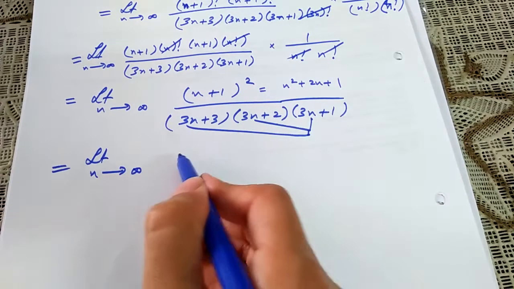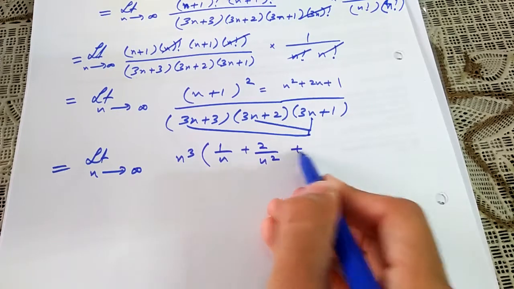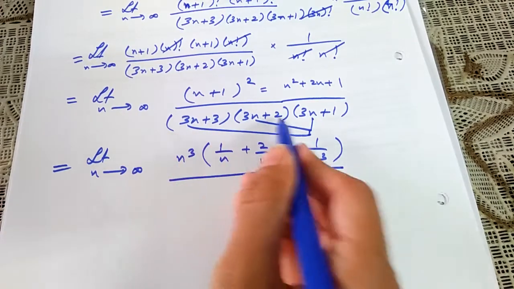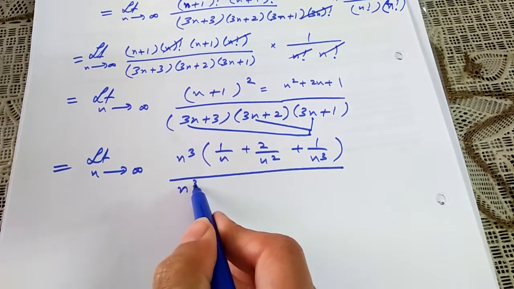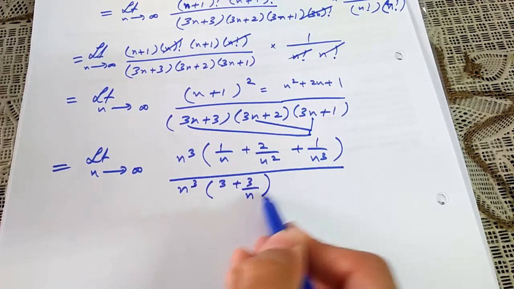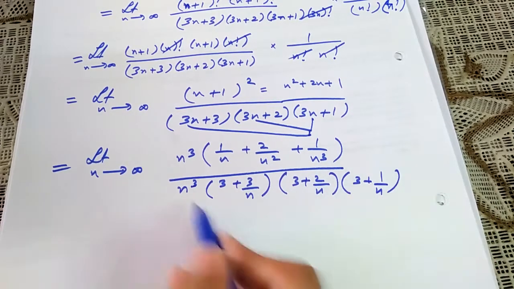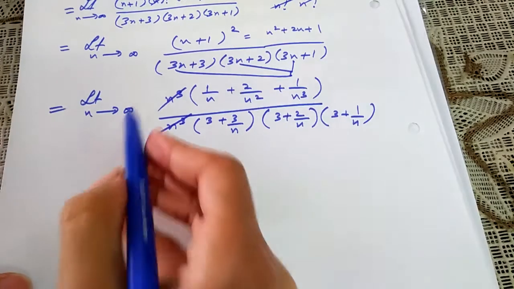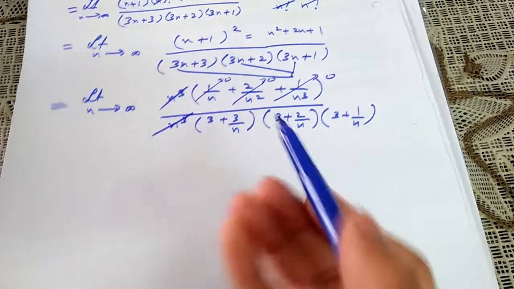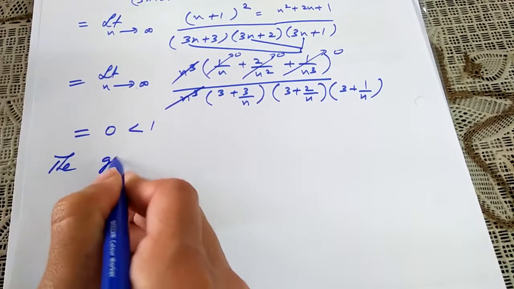Now take n cube common from here. So it will be n cube into 1 over n plus 2 over n square plus 1 over n cube, divided by, after taking n common from every bracket and multiplying, you will get n cube. Inside will be left with (3 plus 3 over n) into (3 plus 2 over n) into (3 plus 1 over n). This n cube will be cancelled out. Now apply the limit here. This term goes to 0, this term goes to 0, this term goes to 0, and 0 over anything will give you 0 in your answer. And it is less than 1. So the given series converges